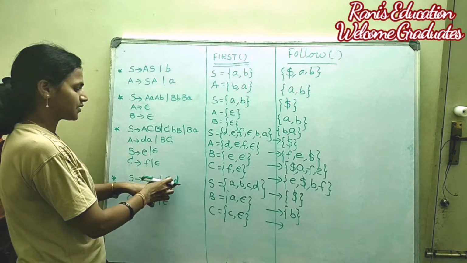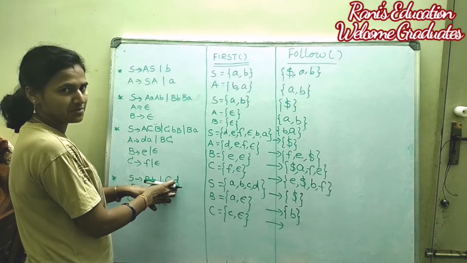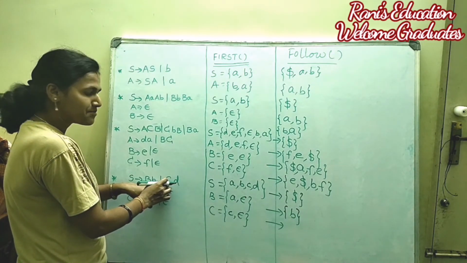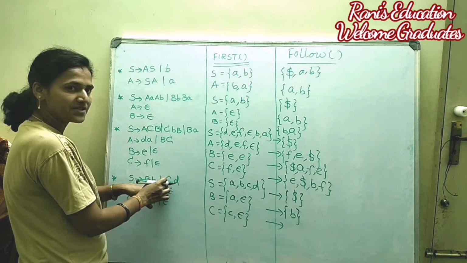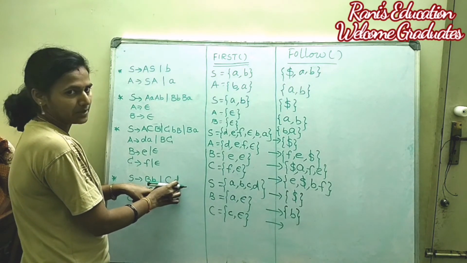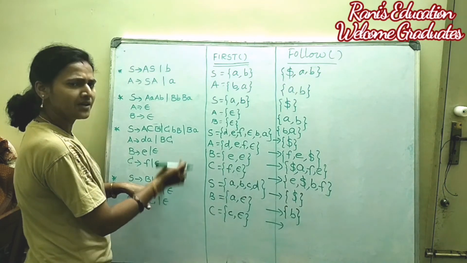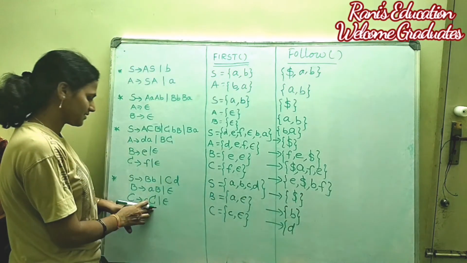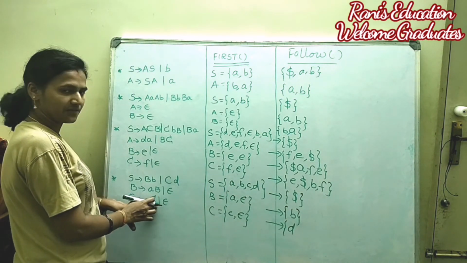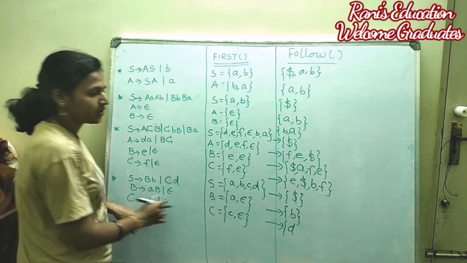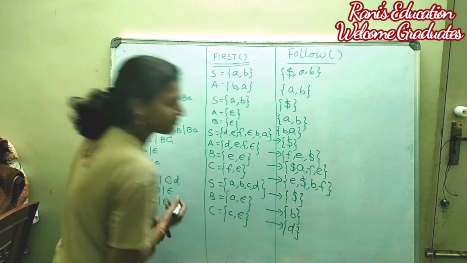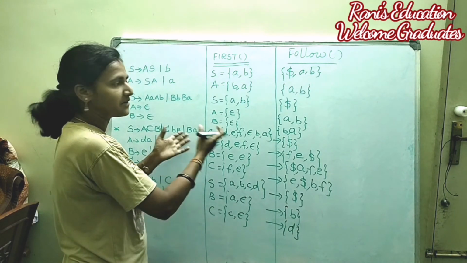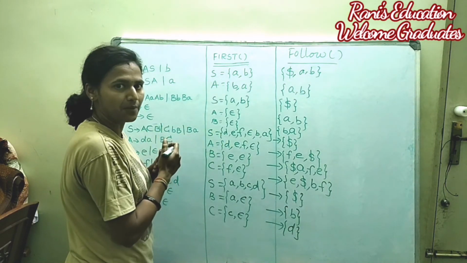Here there are two productions which contain the grammar symbol C in the RHS. S derives CD. What is the immediate grammar symbol after this grammar symbol C? Terminal d. What is first of a terminal? The terminal itself, that is d. Now go for the other one. Here the LHS and the end symbol are the same, so we are not getting anything from that production. This is how we find the first and follow functions for any type of grammar.